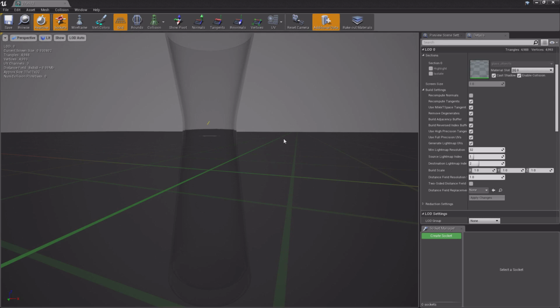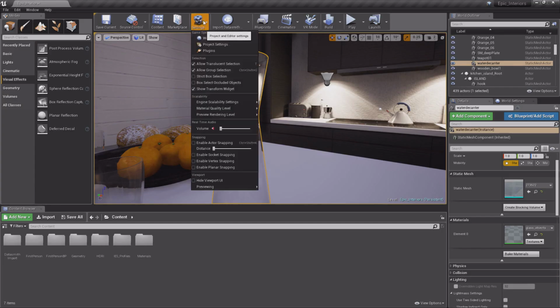For high density meshes, you can go into the mesh settings and find under the build settings for LOD0, use high precision tangent basis. Now, if you enable this, this is going to give you a higher quality screen space reflection for this mesh. Another option for increasing the quality of your screen space reflections is to go into your